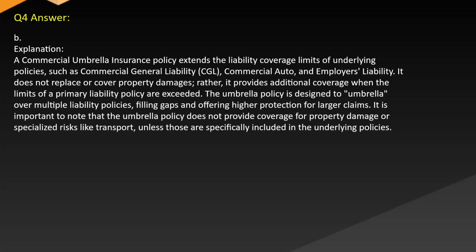Answer. B. Explanation. A commercial umbrella insurance policy extends the liability coverage limits of underlying policies such as commercial general liability (CGL), commercial auto, and employer's liability. It does not replace or cover property damages, rather, it provides additional coverage when the limits of a primary liability policy are exceeded. The umbrella policy is designed to umbrella over multiple liability policies, filling gaps and offering higher protection